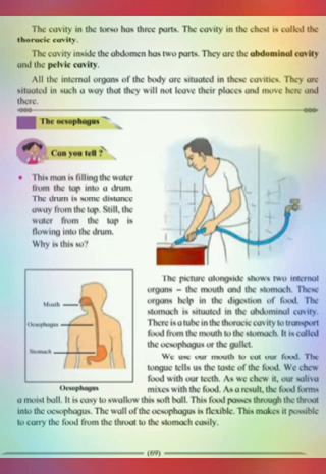They have shown here a picture of the esophagus. In this picture, you can easily see the mouth, then the esophagus and stomach. Whenever we eat food, the tongue tells us the taste of the food. We chew food with our teeth. As we chew it, our saliva mixes with the food. As a result, the food forms a moist ball which is easily